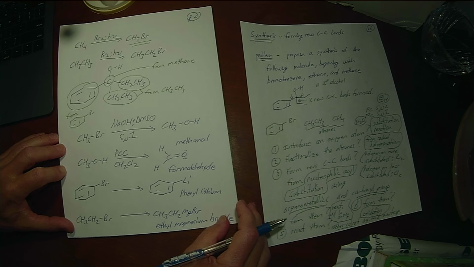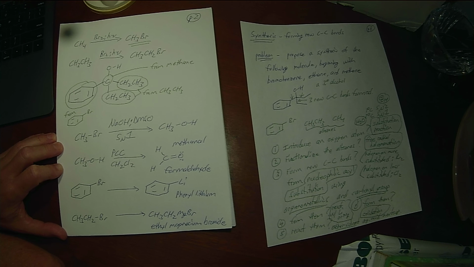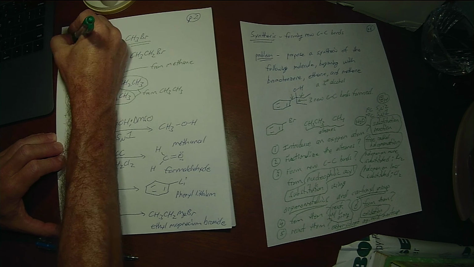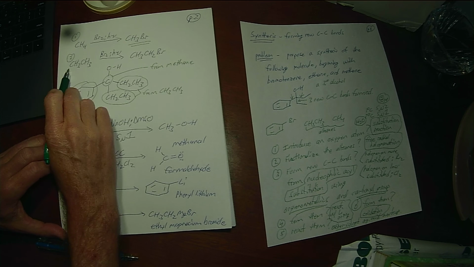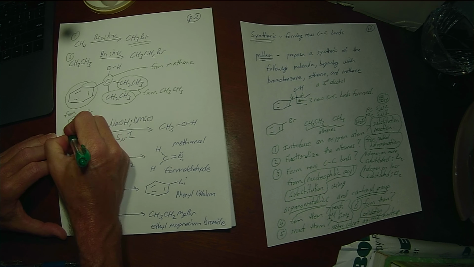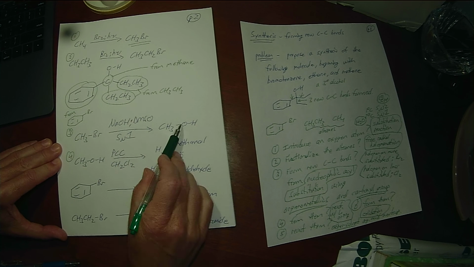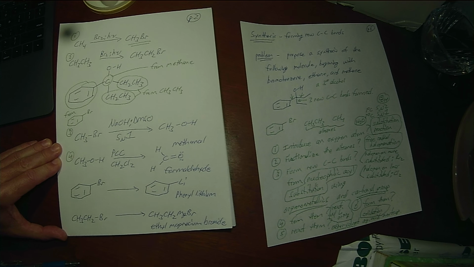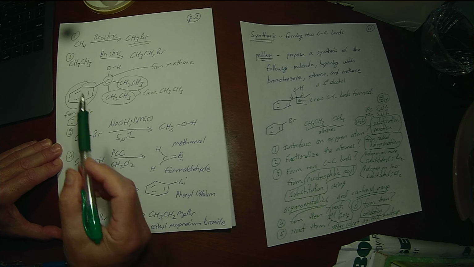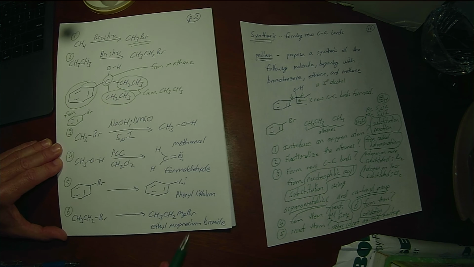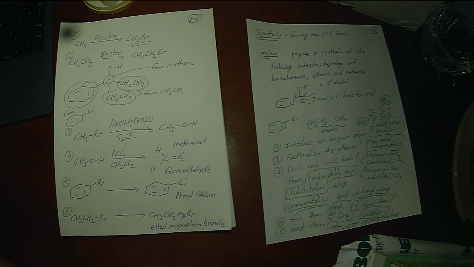So how do we make organometallic reagents? Well, you're thinking about that. I'm going to go number, right? So there's reaction 1. We had to functionalize the methane. Here's reaction 2. We have to functionalize the ethane. Here are reactions 3 and 4. Right? We introduce the oxygen, and then we oxidize it up to form the carbonyl. And then reactions 5 and 6 in this process are going to be converting the bromobenzene and the bromoethane into the corresponding organometallics. What do you think? How are we going to do that?